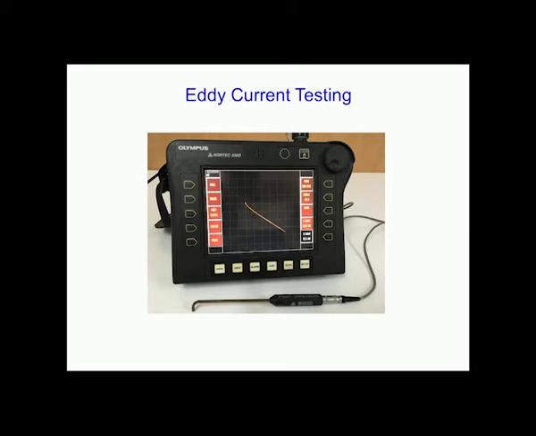This box has the necessary electronics, the connectors, and the battery for powering it, everything inside, and through the connectors you can connect a probe. You can see a probe lying in front of that box. You take this probe and bring it near the sample surface. You can touch it on the sample surface and then you could see the eddy current signal coming out.